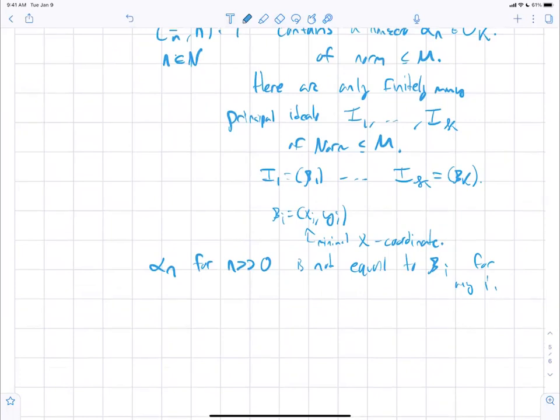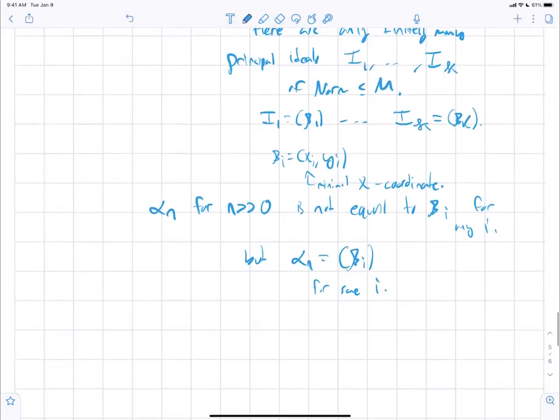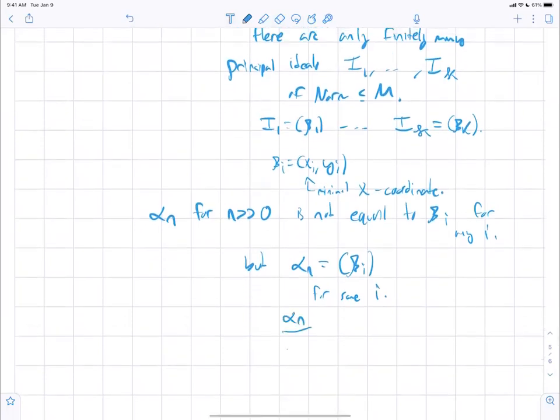So there are only finitely many principal ideals of norm less than or equal to m. So alpha n is equal to beta i for some i. So alpha n over beta i is a unit,